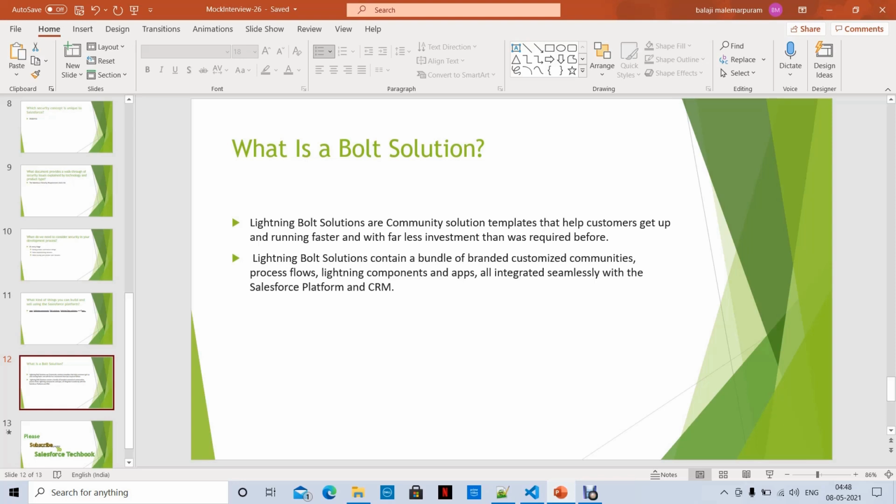It contains a bundle of branded customized communities, process flows, Lightning components, and apps, all integrated seamlessly with the Salesforce platform and CRM. It's easy to build. Okay, that's about Bolt solution. Have a look into Lightning Bolt solutions for more information, you can see more deeply.